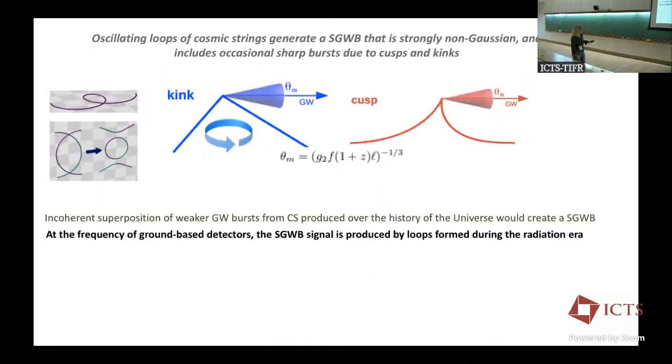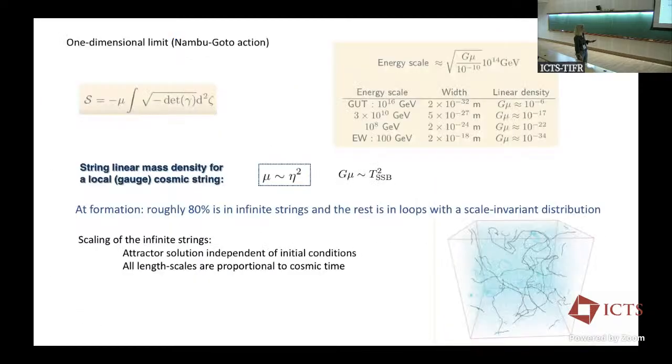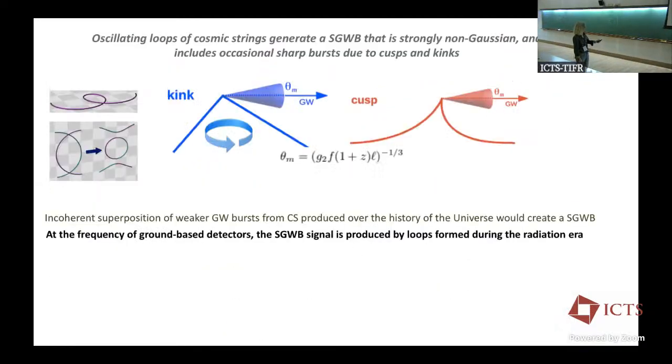The gravitational wave from the kink goes in this kind of conical direction. So for the kinks and the cusp, that's why I have this angle here. It's like a kind of lighthouse. It goes in this conical direction, and if you are within this direction as it moves around, you receive it. So cusps and kinks have a directional emission.